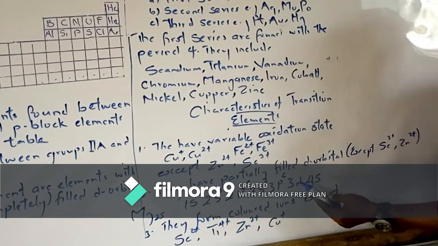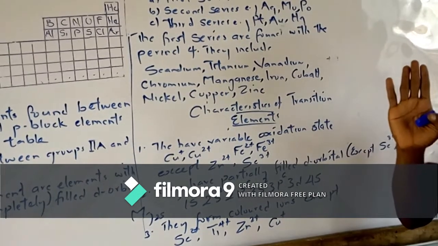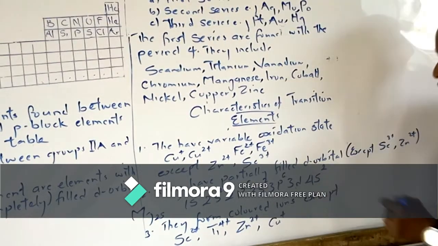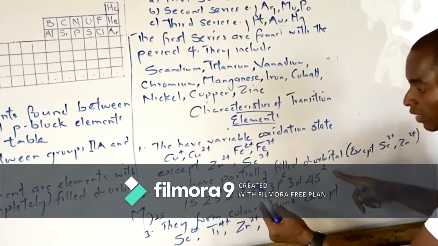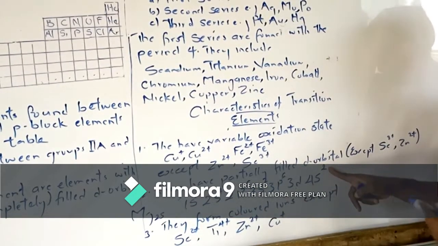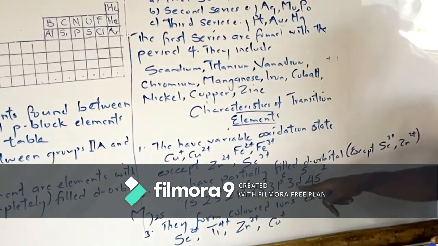Now, you will not fill this d orbital yet. The maximum d can take is 10. You will not fill it. You will jump to this place and fill the 4s with 2. So we have 2 plus 2, 4 plus 6, 10 plus 2, 12 plus 6, 18 plus 2, 20. So we are left with 5. The remaining five will now come to the d and fill it. So you see that it's not up to 10.